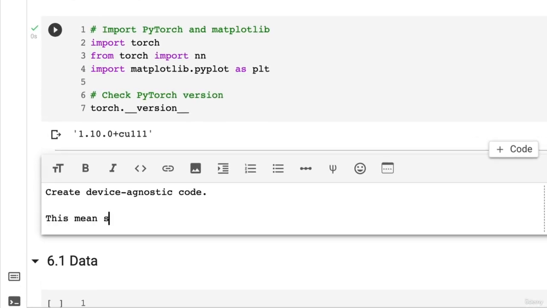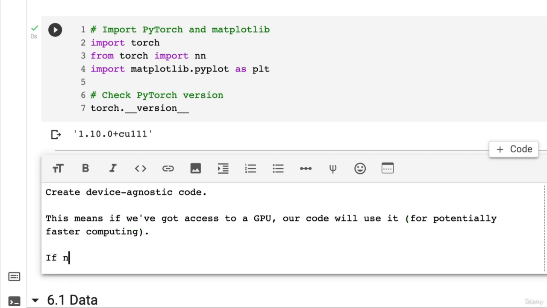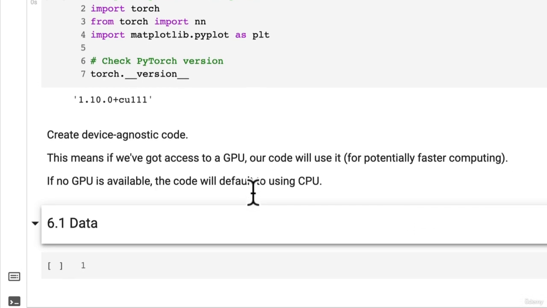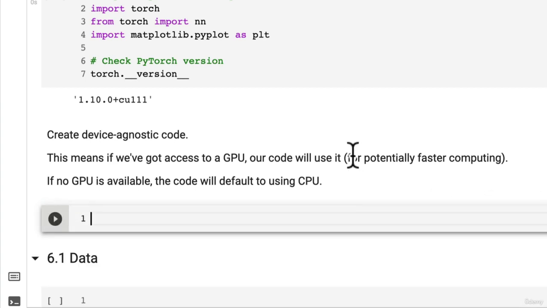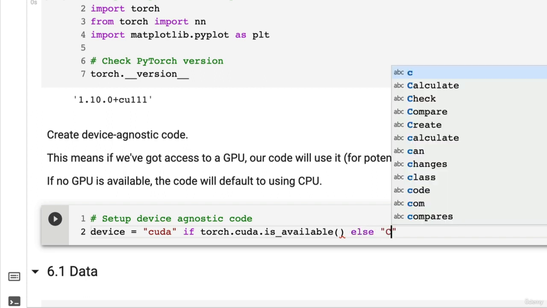This means if we've got access to a GPU, our code will use it for potentially faster computing. If no GPU is available, the code will default to using CPU. We don't necessarily need to use a GPU for our particular problem that we're working on right now because it's a small model and it's a small data set, but it's good practice to write device agnostic code. So that means our code will use a GPU if it's available, or a CPU by default if a GPU is not available. So set up device agnostic code. We're going to be using a similar setup to this throughout the entire course from now on, so that's why we're bringing it back. CUDA is available, so remember CUDA is NVIDIA's programming framework for their GPUs, else use CPU,